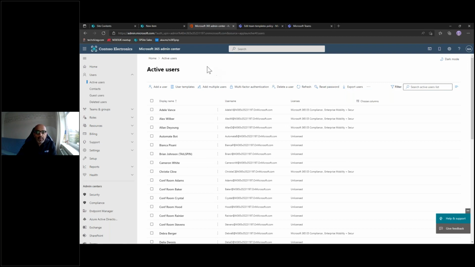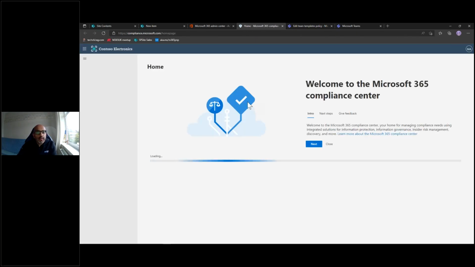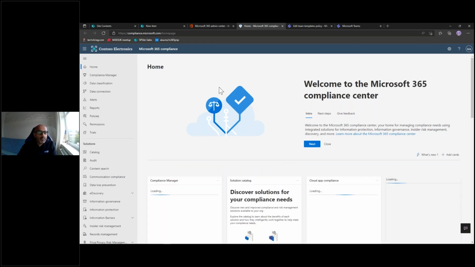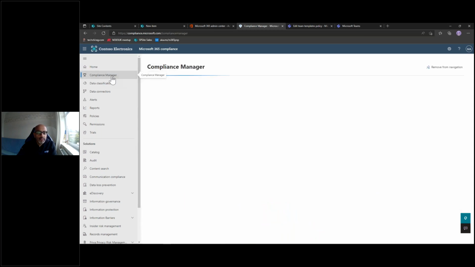The other area I want to look at is the security and compliance, which we talked about earlier briefly in terms of the ISO 27001 assessment if you wanted to make. So if I hover there, Microsoft 365 Compliance Center, this is where you can see how your organization is scoring in terms of how compliant you are across different areas. So once that loads up,